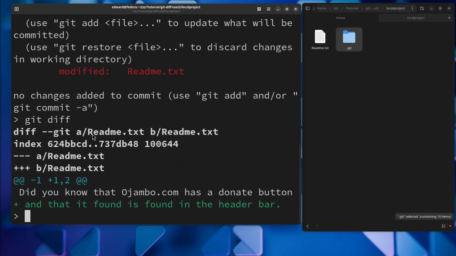And you see git diff will tell us that there's a difference between a/readme.txt and b/readme.txt. And it tells us what the differences are here. You don't need to know this, I'll explain that later. You see the first line is exactly the same on both files, but the second line